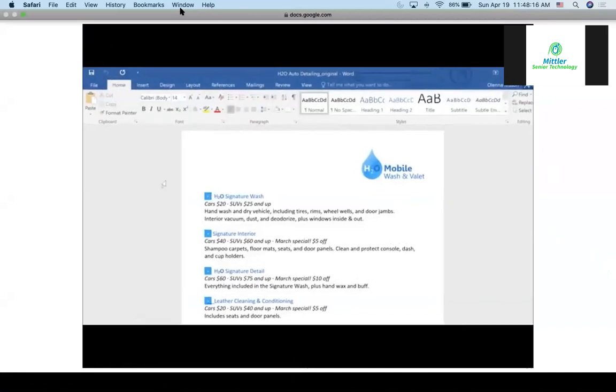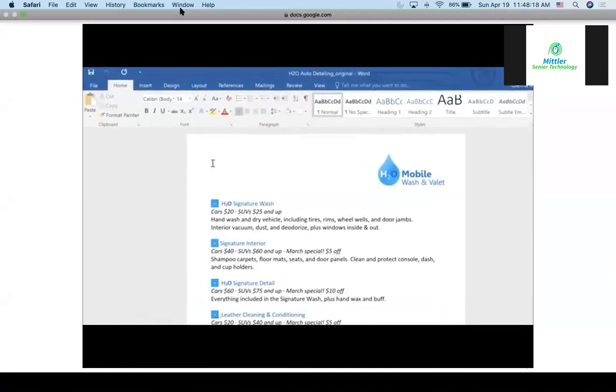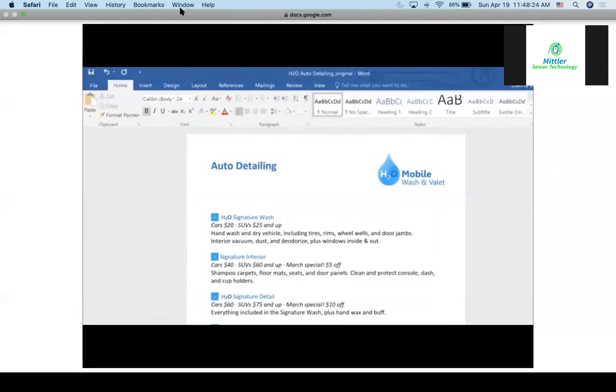The foundation of text in Word is simple. Just click on your document and type. You can use the spacebar on your keyboard to add spaces. And if you want to start a new line, just press Enter. If you make a mistake like I did, that's okay. You can press backspace or delete to fix it.